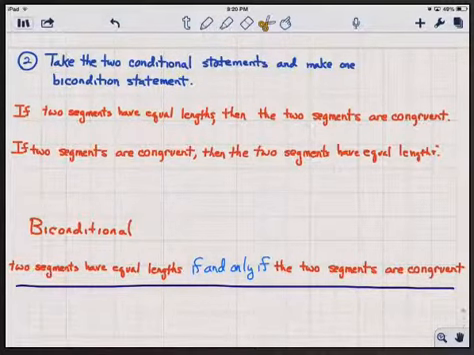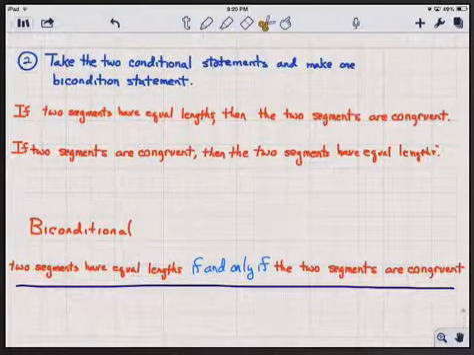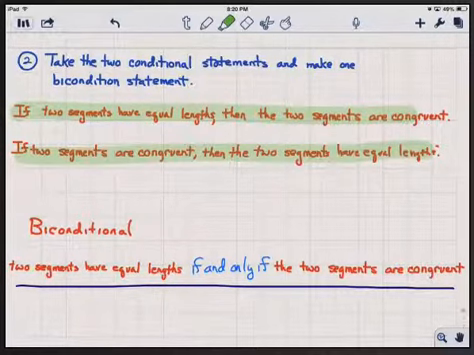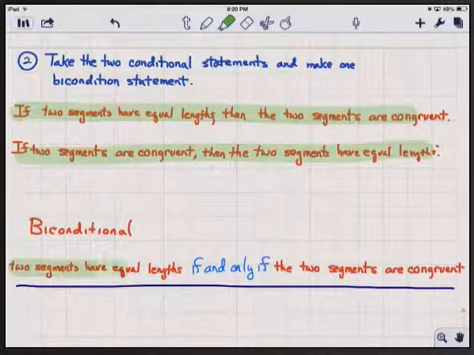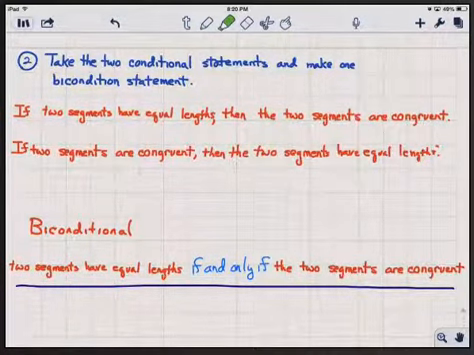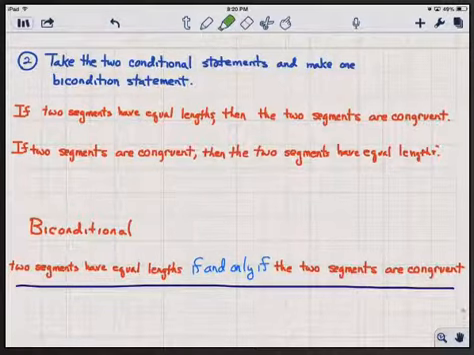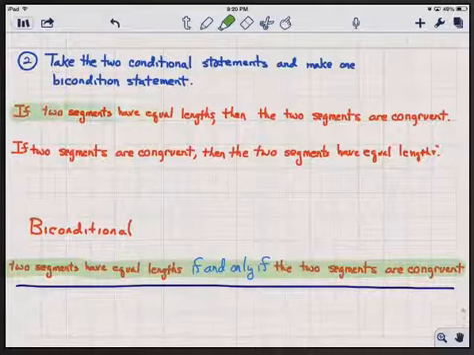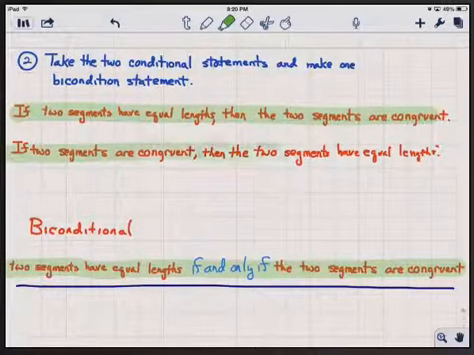So there's two types of problems dealing with biconditionals, and that is given two conditional statements that are converses, we're going to make one biconditional statement out of that. The other possibility is if I give you the biconditional statement, you should be able to then write the two conditional statements